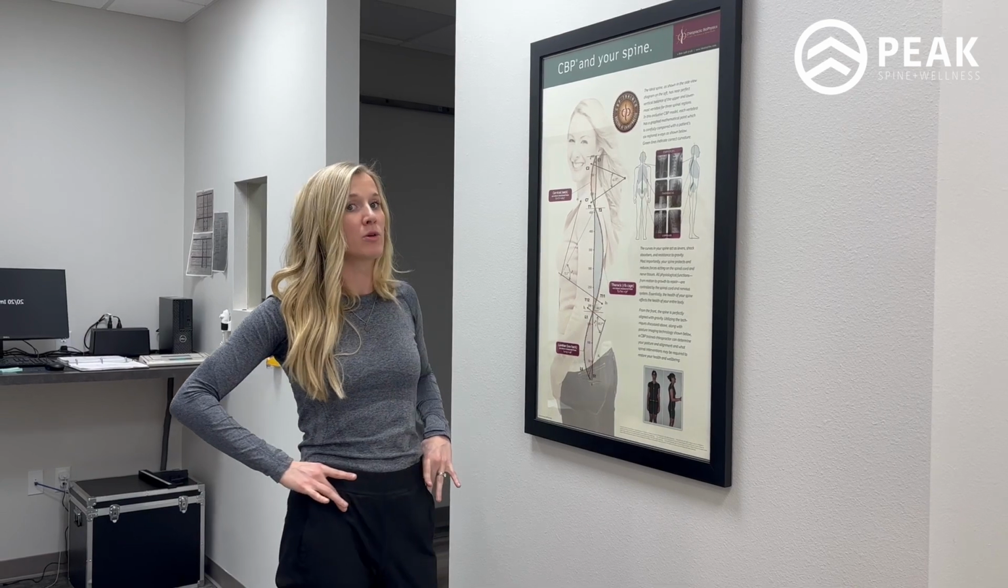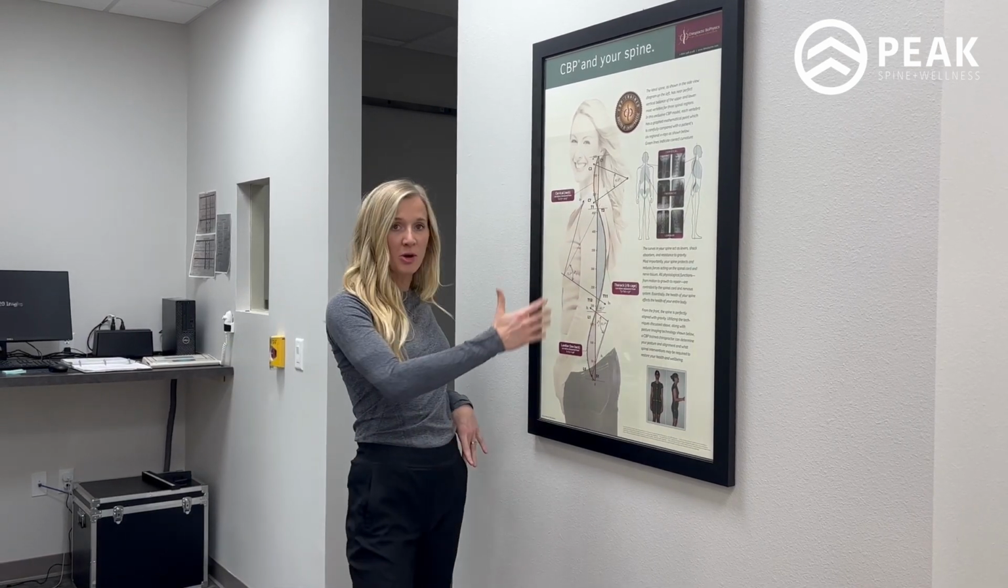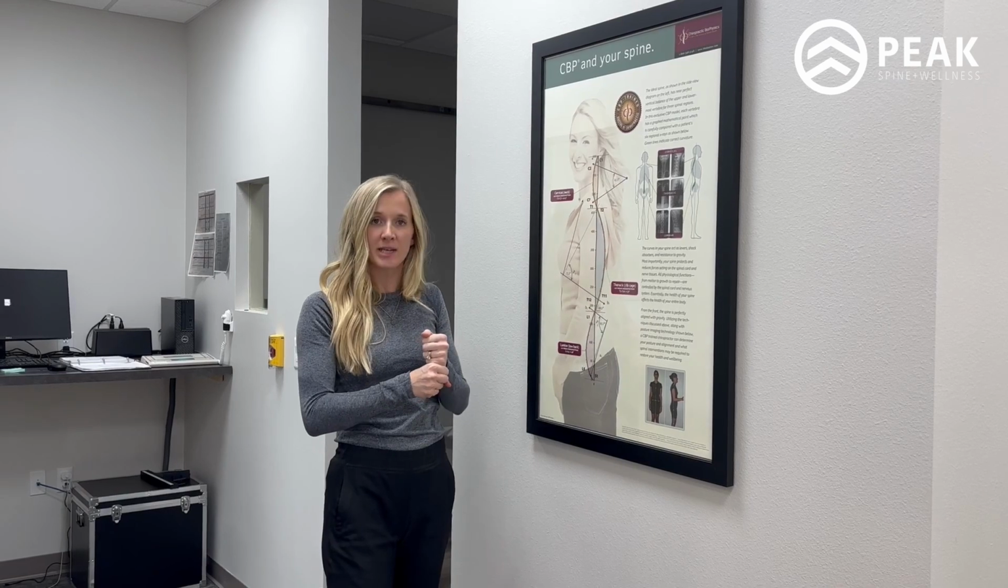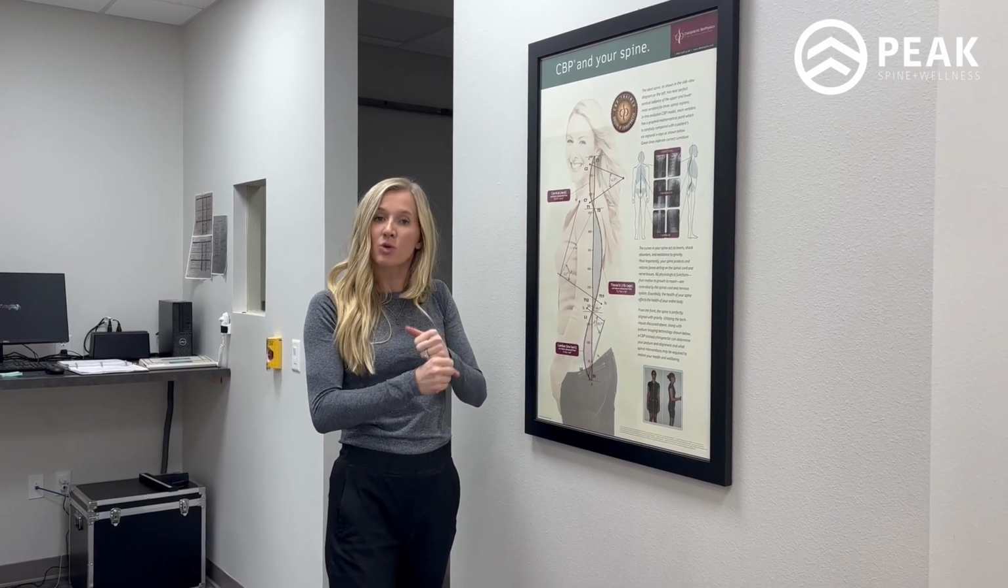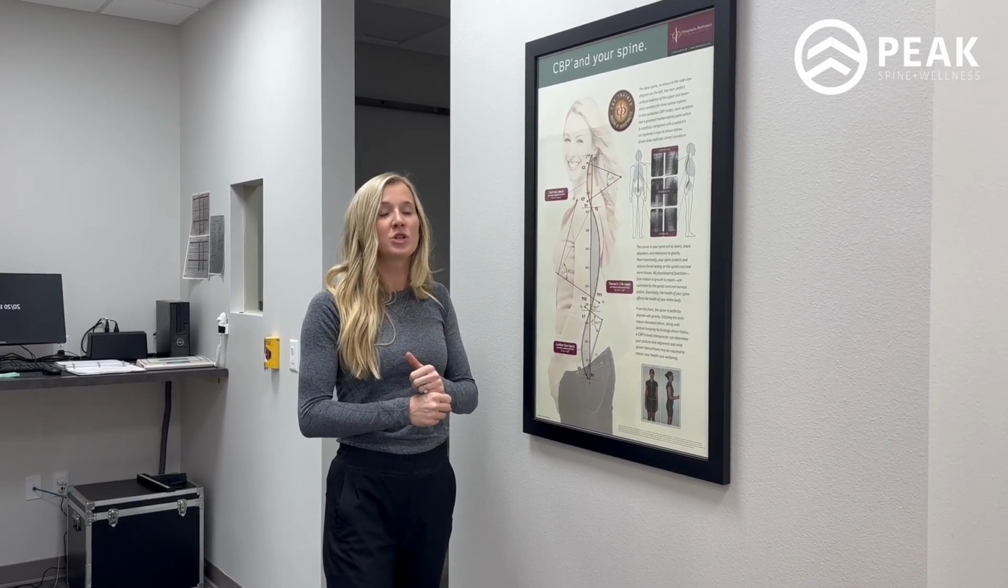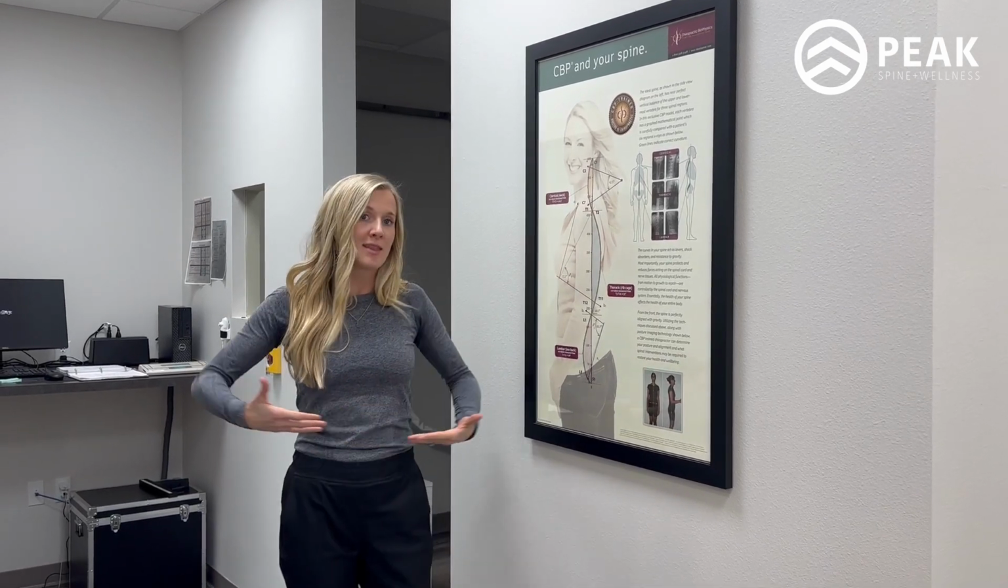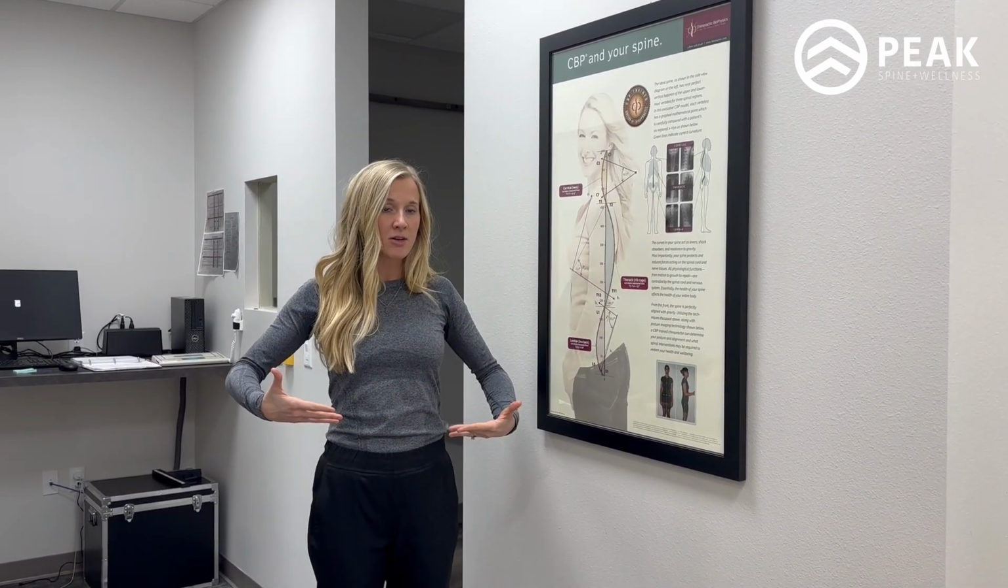a hypolordosis. And so without that proper curvature, what happens is we start to load in a way that creates irritation to the discs and the joints and the nerves and the muscles, which ultimately can lead to chronic low back pain. On top of that, we also want to look at that low back from the front facing angle, because